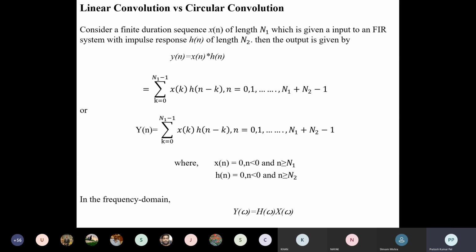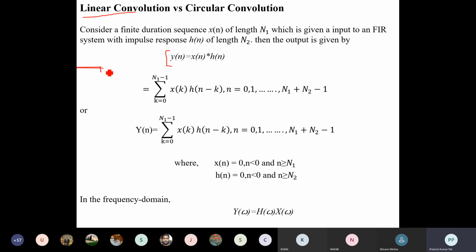We will proceed now. The next topic, that is your linear convolution. So linear convolution we have seen by using the formula. So in the formula we have seen how we can calculate the linear convolution. Okay. So what was the formula of linear convolution? So we have represented y of n, that will be the linear convolution of two signals x of n and h of n with the star mark. If a star mark is given, it is the linear convolution.